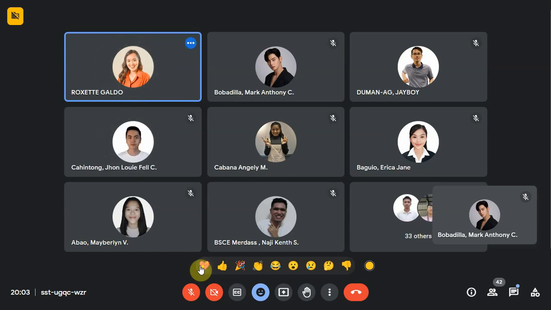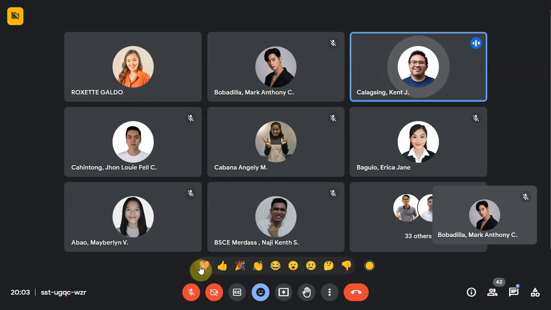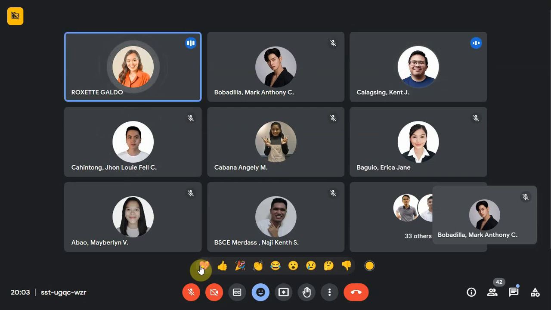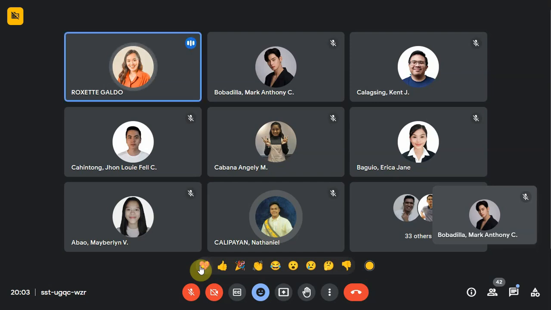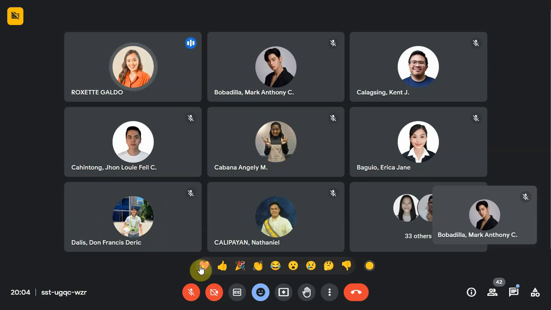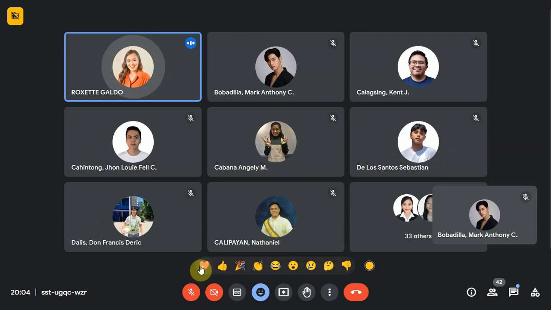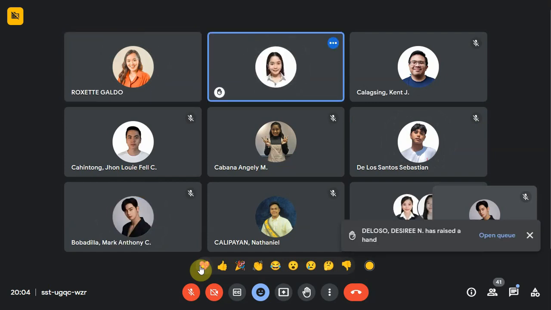Kalagsing Kent, Present, ma'am. Good evening. Okay, Kalipayan Nathaniel, Present, ma'am. Okay. Cantero Jo. Dalis Don Francis, Present, ma'am. De Los Santos Sebastian, Present, ma'am. Deloso Desiree, Present, ma'am. Denlaza Dea,